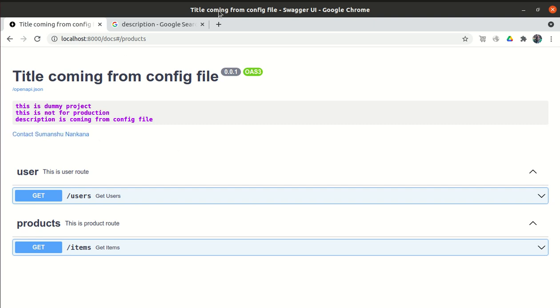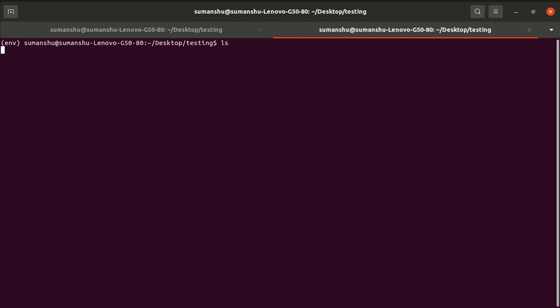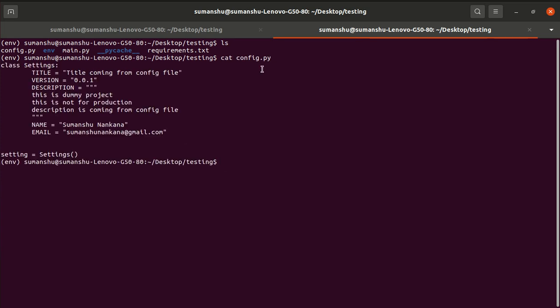Okay, so in this way we can design our project. Cat config.py: we define our configuration file, and we put things in a class. If you don't want to use a class, just write title equals this, and we can get the particular variable from that file.